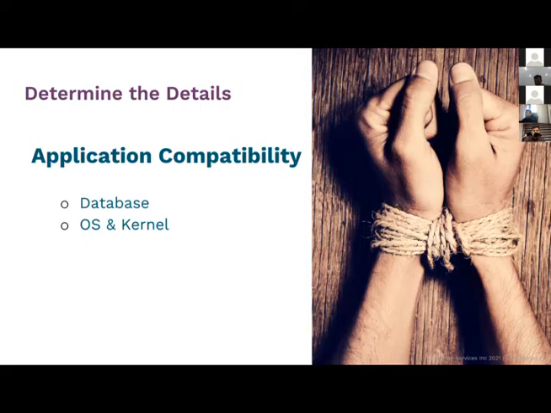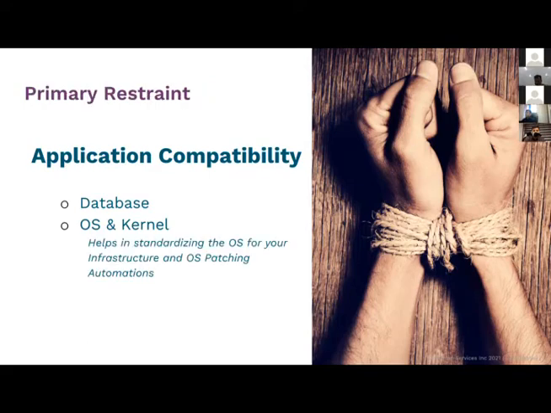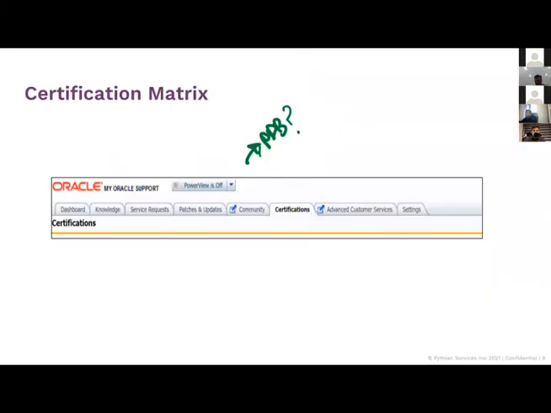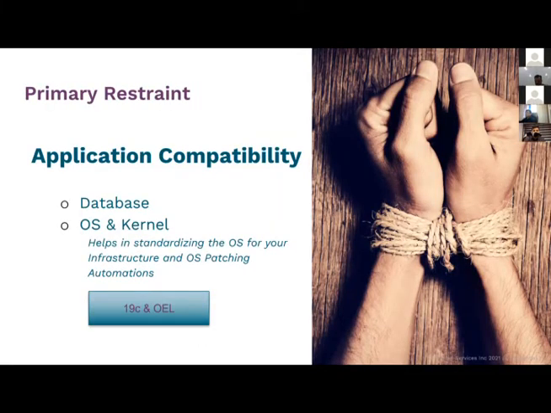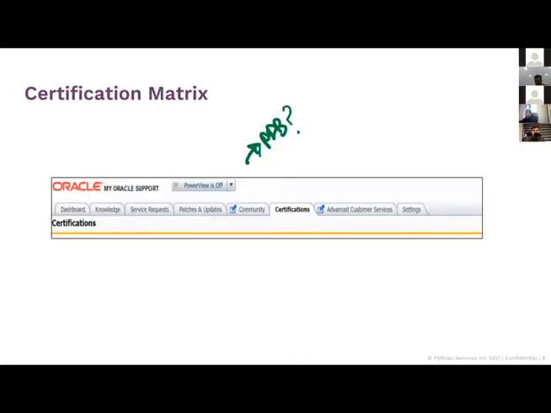So let's take a look at how we do it in terms of Oracle. Let's suppose you say that 19c is the version of your interest and Oracle Enterprise Linux is the platform where you want to be. So you've got this Oracle certification matrix in place, right? Another question to ask would be, do you want to be on a PDB or not, right?